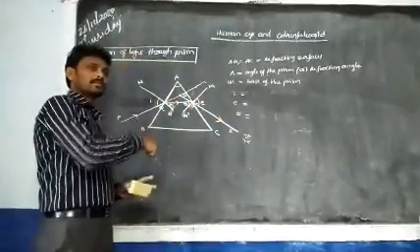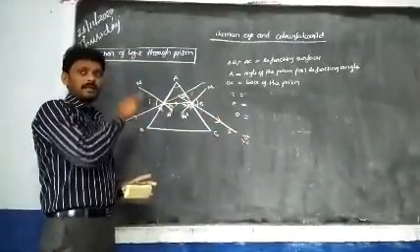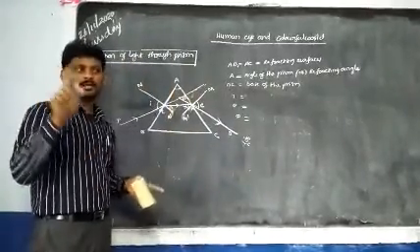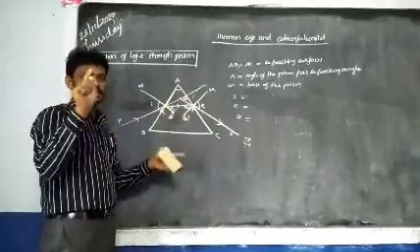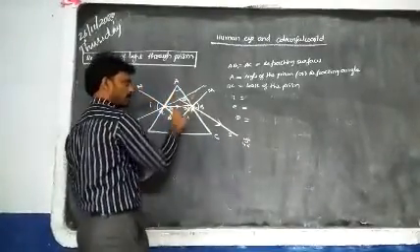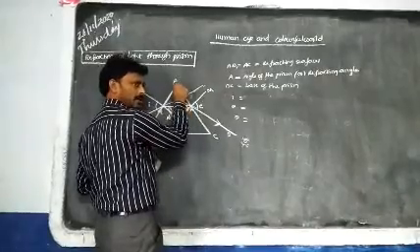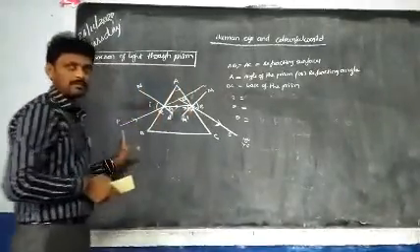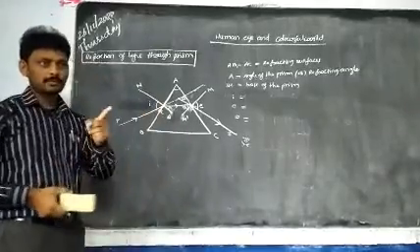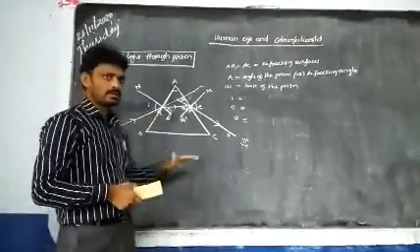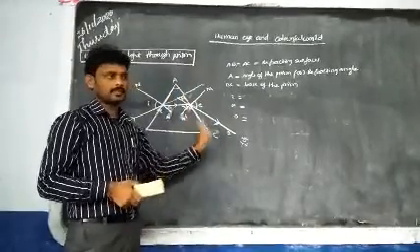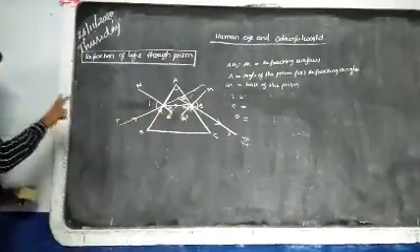Otherwise, they will ask you to explain the ray diagram of refraction of light through a prism, mention the angle of deviation, mention the angle of the prism. So you have to make the diagram. In the diagram you have to mention this is the angle of deviation, this is the angle of the prism. So you have to remember each sentence in the diagram. In the textbook one activity is there, so we are going to do this practical also. So remember these points. Understood? This is one of the topics.